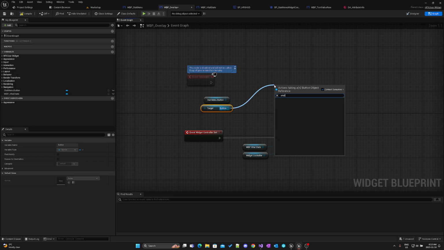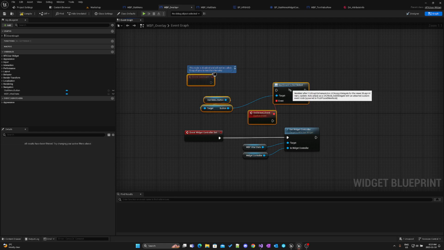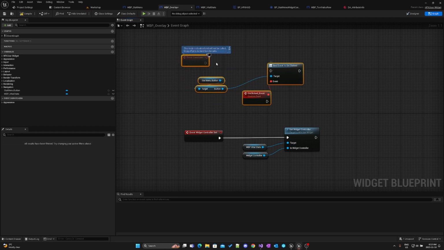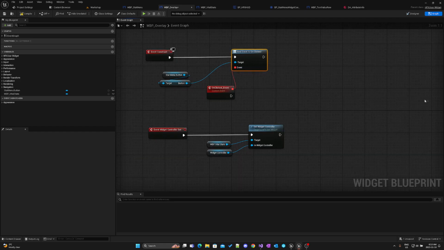So I'm going to say on clicked. I'm going to assign on clicked, so I get an automatic event created. We're going to connect that into here. And what I want it to do from there is